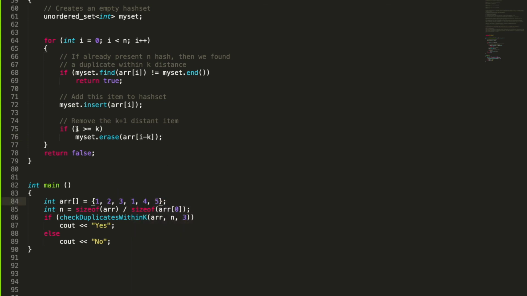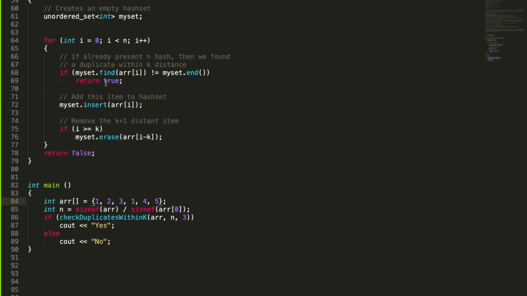After that, this condition is checked for this element 1. Here i is equal to 3, because 0 1 2 3, so 3 is equal to K. At that point you are going to erase arr[i minus K], that is 3 minus 3, which is arr[0]. So 1 is present here, but this 1 is already equal to 1 here.